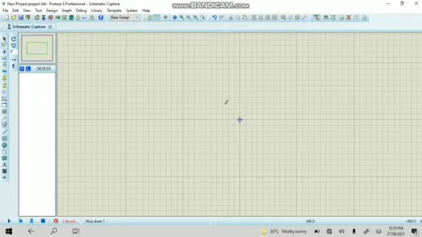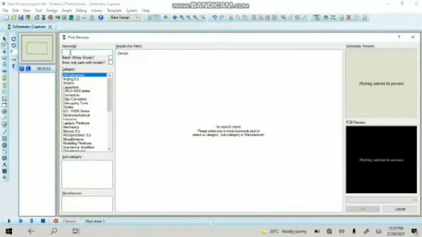Today the topic of our project is four-way traffic signal. So starting our project, we have the first component, that is